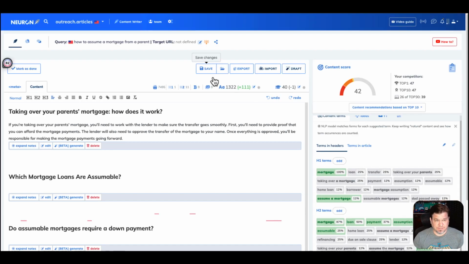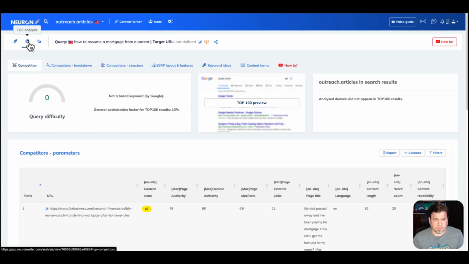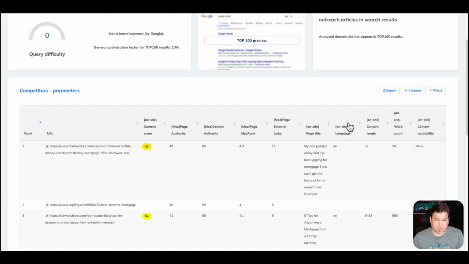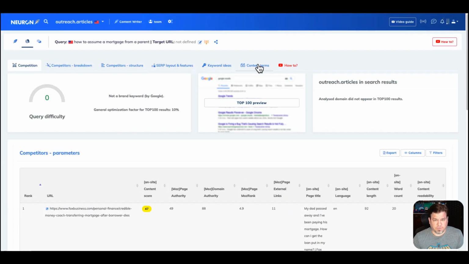Neuron Writer doesn't have all of that yet. It has a very good keyword research tool, comes back with some stuff. It has the competition breakdowns, structure, same as Surfer, but it's really great. It provides great data. Really happy with Neuron, and for such a younger tool, it's catching up to Surfer every day. So the closest thing to Surfer, and right now that's being offered at the time of this video as a lifetime deal, if you don't want to pay monthly, is Neuron Writer.